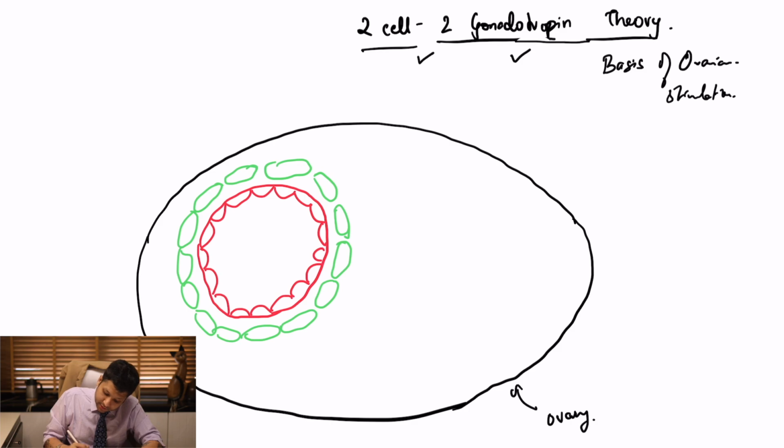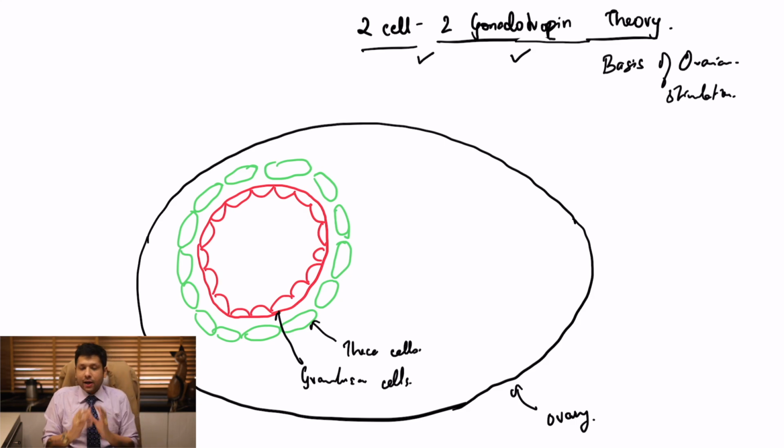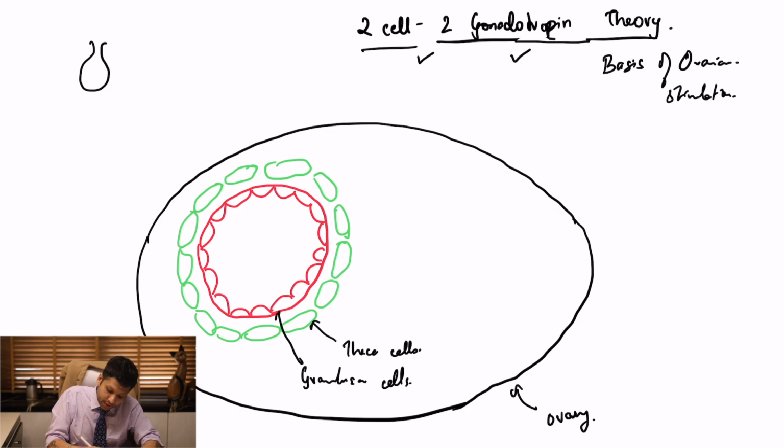The structure which is in the red is actually the granulosa cells, alright? And the one in the green are the theca cells. So it's very important. These two cells are going to be acted upon by two different gonadotropins, alright? All of this stimulation is actually controlled by the pituitary, ovarian, hypothalamus axis, which we commonly call the HPO